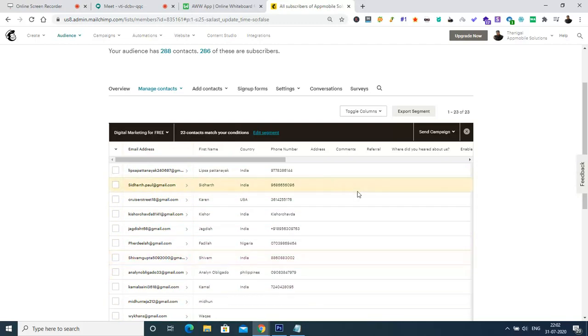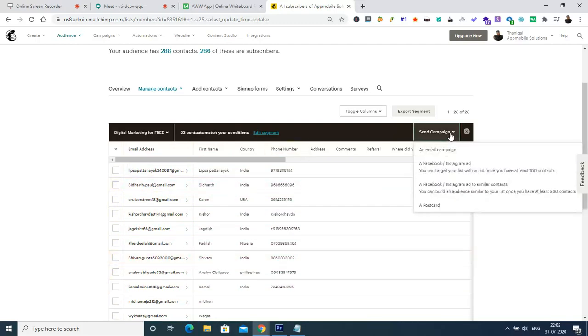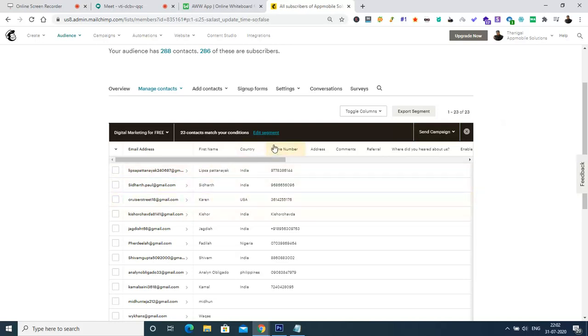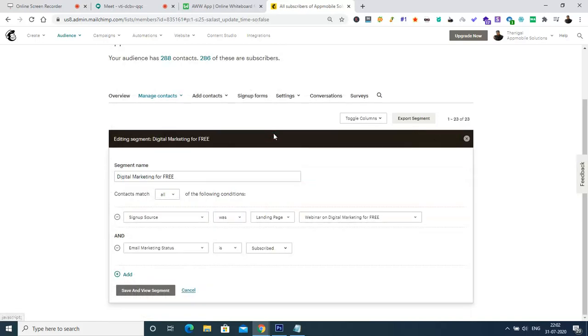So how am I going to do that? I have the option for sending a campaign. By choosing send campaign and an email campaign, I can shoot an email. The other thing is the edit segment option. This edit segment allows us to configure the audience based on their activity on a particular landing page. As I had previously configured, all the contacts matching the scenario,